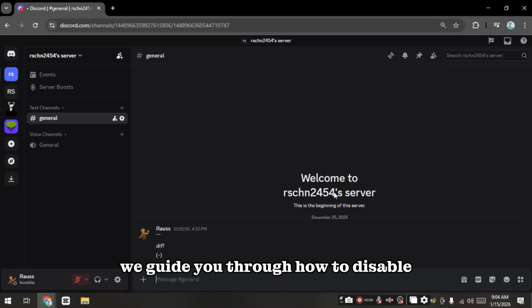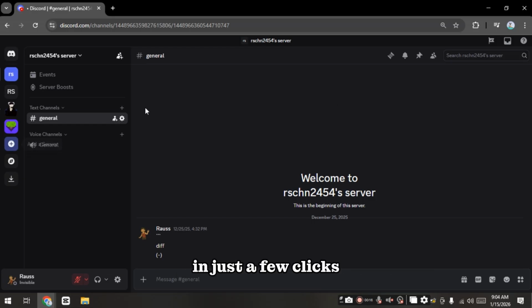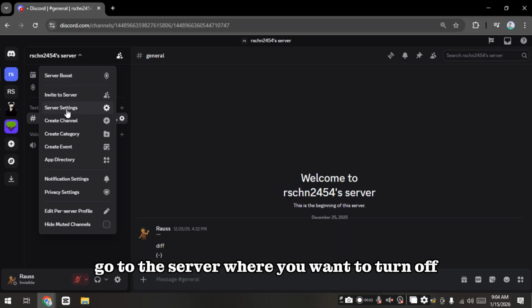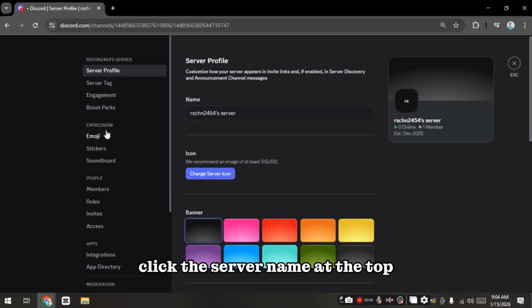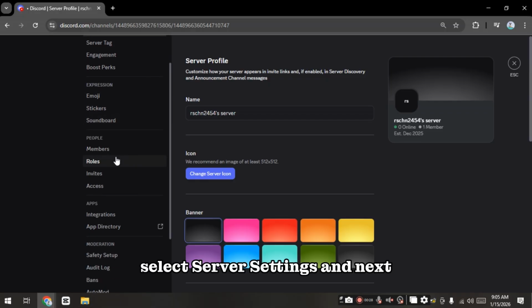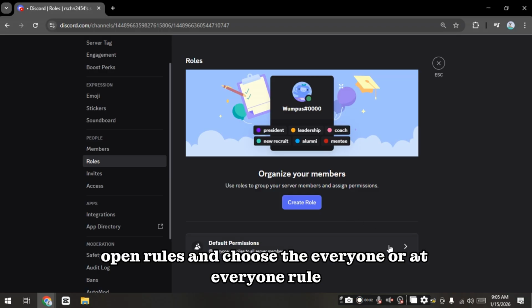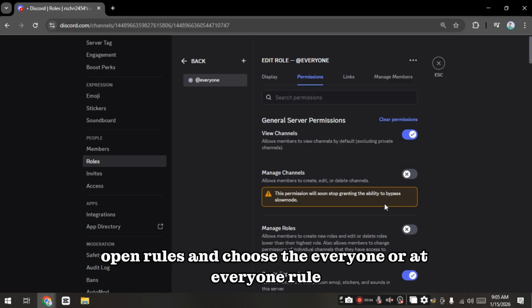We guide you through how to disable @everyone on Discord so you can stop unwanted mass mentions in just a few clicks. Start by opening Discord, then go to the server where you want to turn off @everyone. Click the server name at the top, select Server Settings, and next, open Roles and choose the @everyone